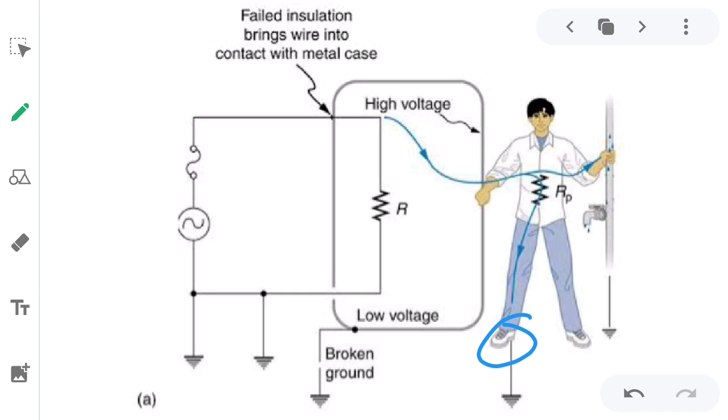That's why we are always instructed to wear rubber or plastic shoes while working with the live wire. First of all, we should not directly touch that wire, because it has very high potential, and if we touch that wire we may get the shock. But still, if someone is touching that live wire, then he should wear rubber or plastic hand gloves, or wear plastic shoes to protect himself from the electric shock.